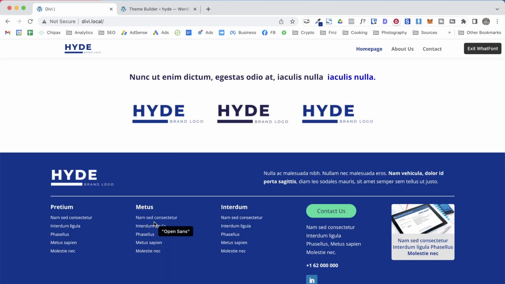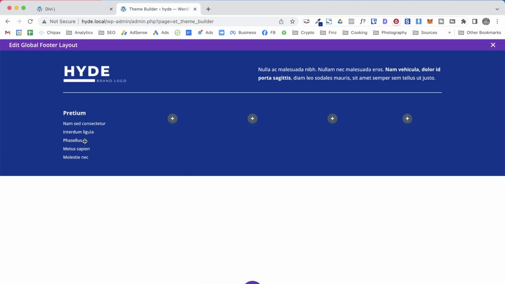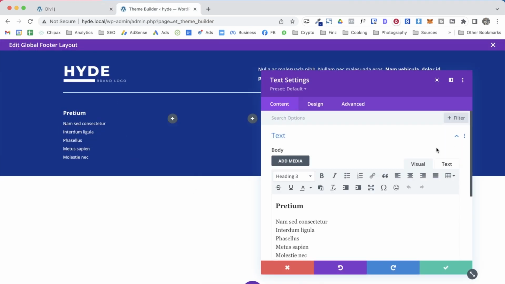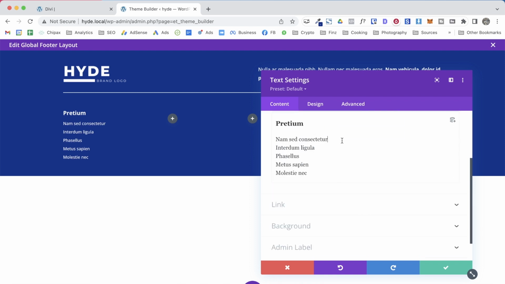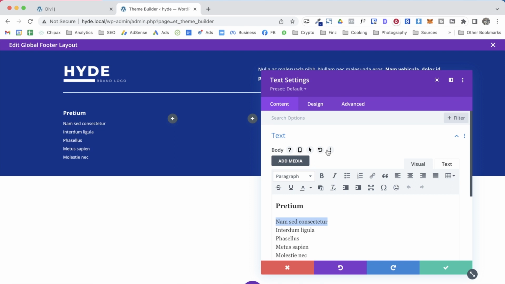Of course, these are all links. As you can see, when I place the mouse over, it shows me the hand icon, and yeah, these are links. So to do that, we go back to the text settings, and here I'm going to select this phrase,